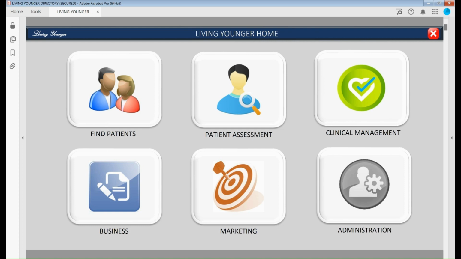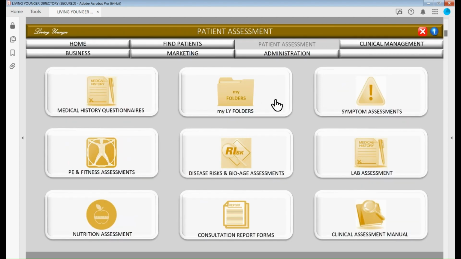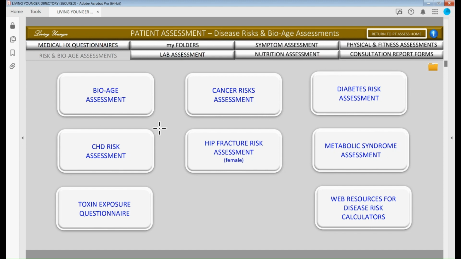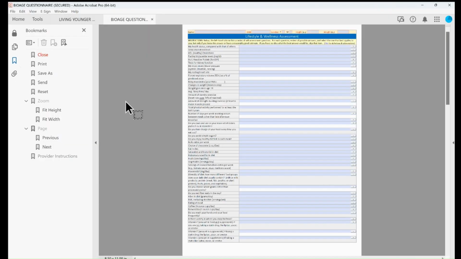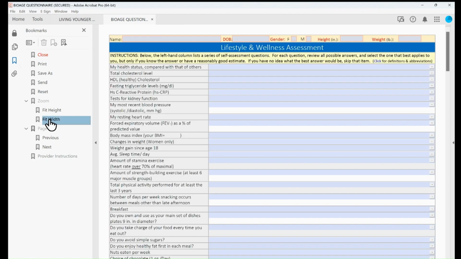Review the BioAge assessment as part of the Disease Risks and BioAge Assessment subdirectory of Patient Assessment. From the Patient Assessment directory, click on the Disease Risks and BioAge Assessments subdirectory button. The BioAge Assessment questionnaire